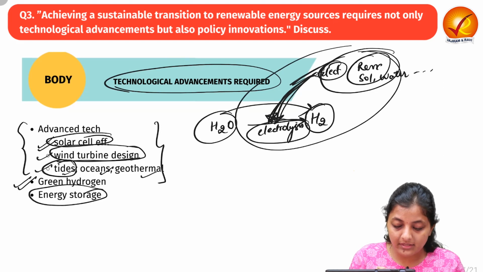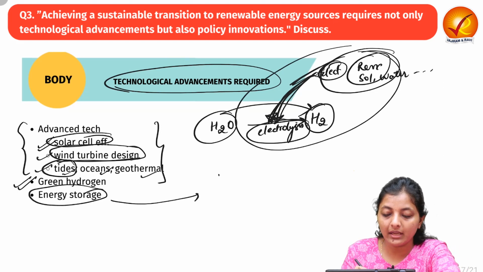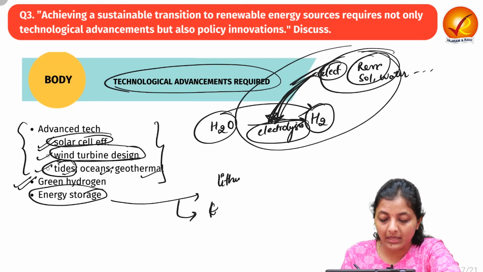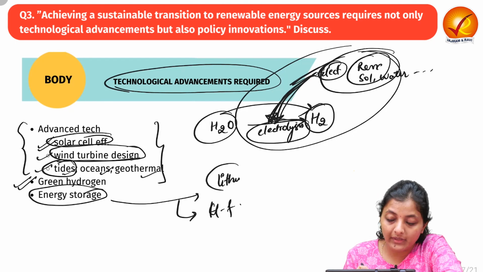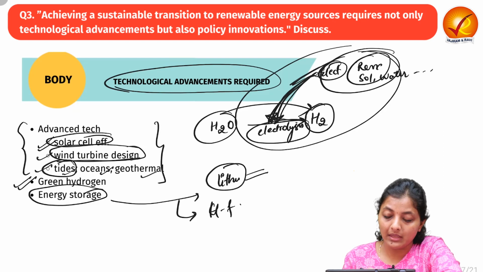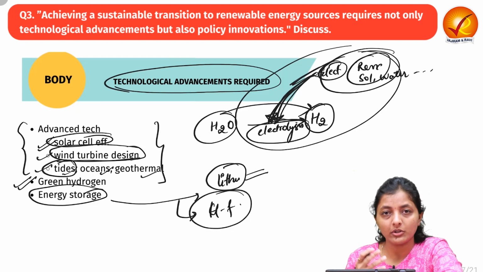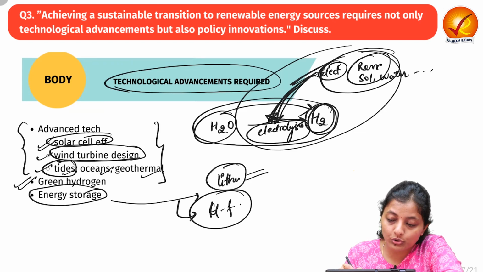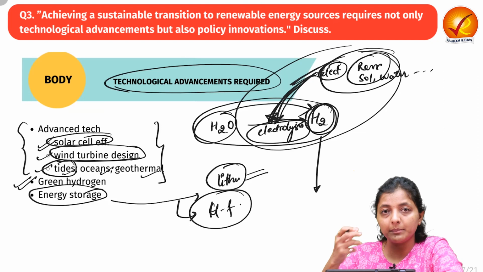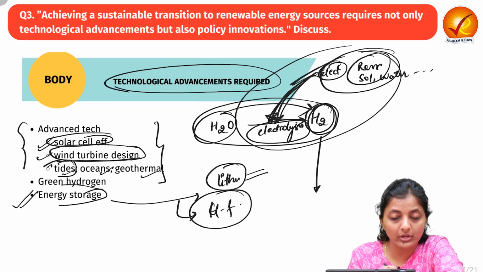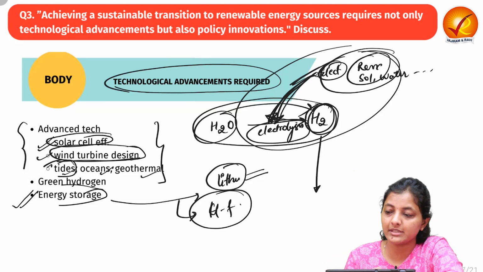Next comes energy storage. We are using lithium batteries now. The same concept applies to hydrogen fuel cell technology. We have to import lithium from other countries because it's not naturally found in India. But we have ample hydrogen because we have ample water. So we can do this. But to store this or to make batteries of hydrogen fuel cells, again we need highly advanced technologies. So energy storage is the issue now. We have to enhance the technologies in this domain.